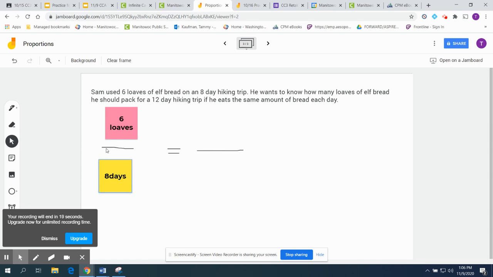This is one that you can try. So 6 loaves, 8 days. You fill in the other side. I will tell you that the answer comes out to be